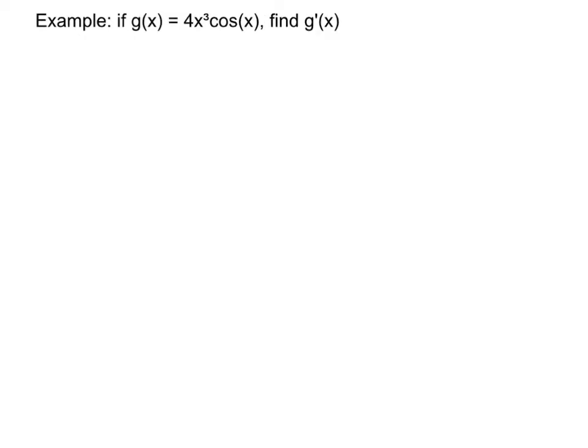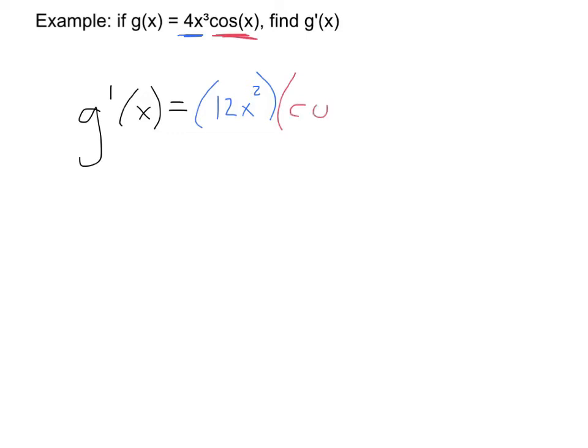So here's that first example. If g of x equals 4x cubed times cosine x, I want to find g prime of x. So the two functions here are basically 4x cubed and cosine x. So I'm now going to go through and take those derivatives. And actually, if I want to use the same color coding I did before, we'll make the first function blue and the second function red. So if we want g prime of x, the derivative of the first thing is 12x squared. Then we'll leave the second function alone, cosine x,